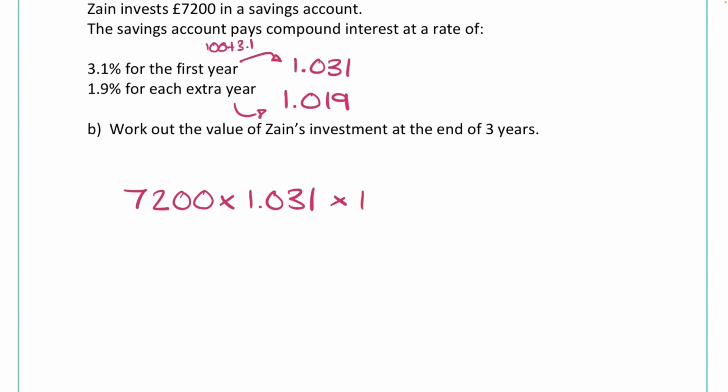So for the second year, we'll get 1.019 as our multiplier, and because it's 3 years, we're going to get that for 2 years. So I'll put squared with that one, and that'll make sure that that multiplication is done twice. We can just type the rest into the calculator. So 7,200 times 1.031 times 1.019, and we can square that. We get our final answer. It comes out as